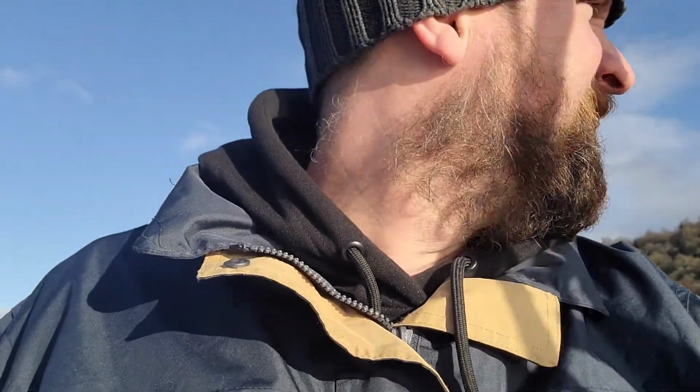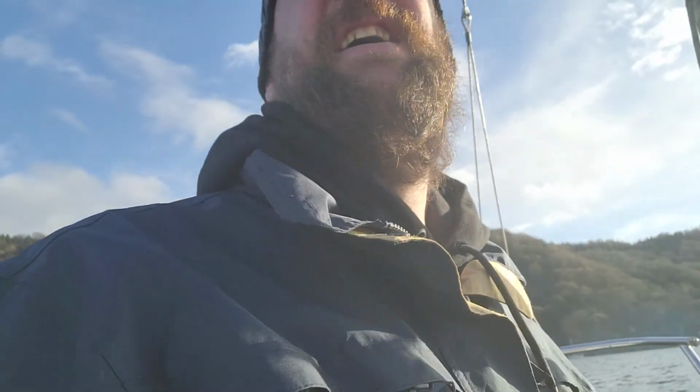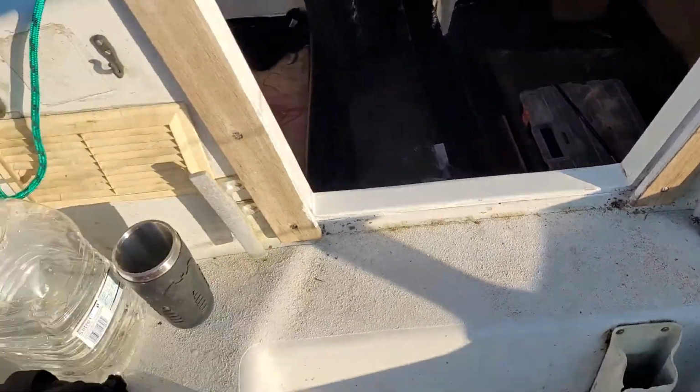But a lovely sunny day. Freezing cold, mind, but it's sunny. So I just thought I'd have a little look whilst we're motoring along here. I'll slow it down a little bit and then show you around a little bit. Okay,